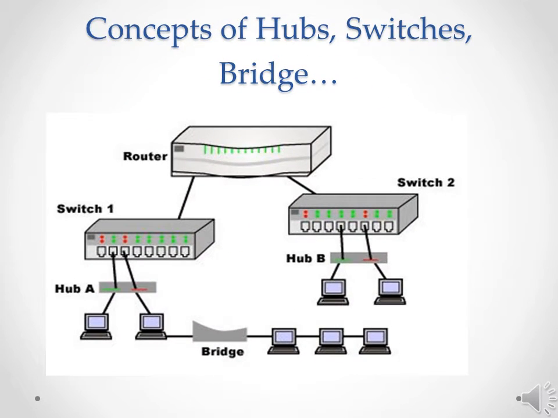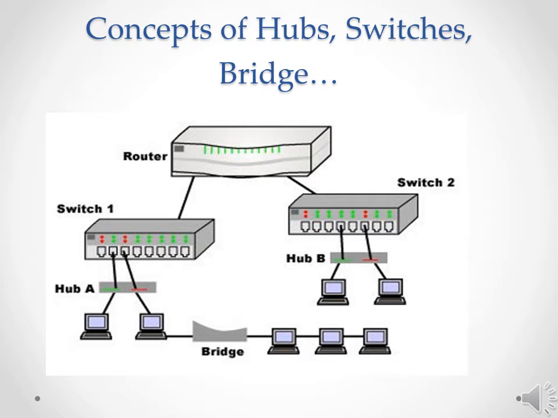Some concepts. First, hub. A hub is a networking device used to connect multiple devices directly to the network using cables. It is typically the least expensive and least intelligent. Its job is very simple: anything that comes in one port is sent out to the others. Second, switch. A network switch is a computer networking device that connects devices together on a computer network. By paying attention to the traffic that comes across it, it can learn where particular addresses are.